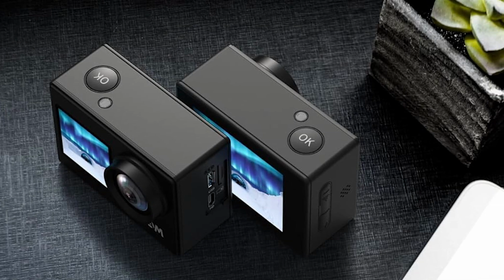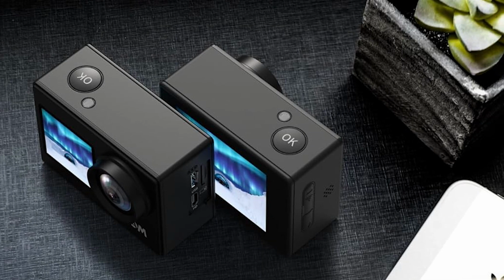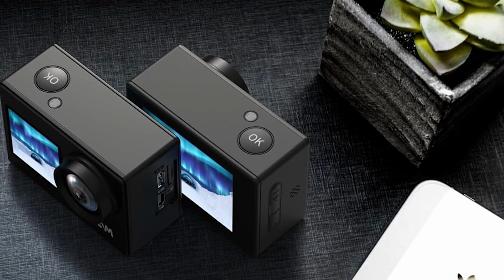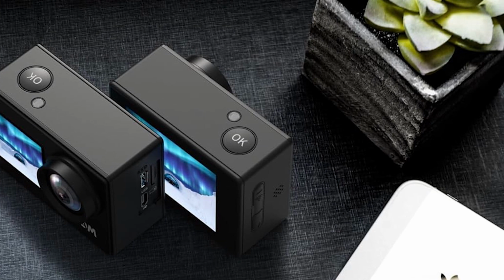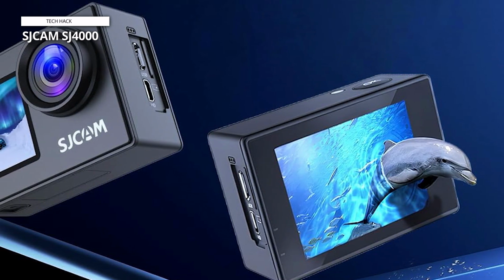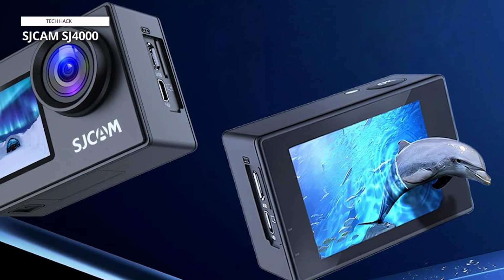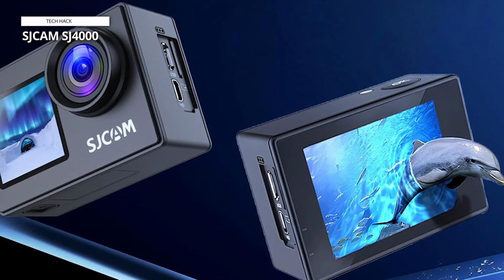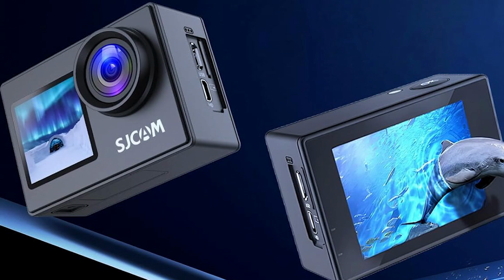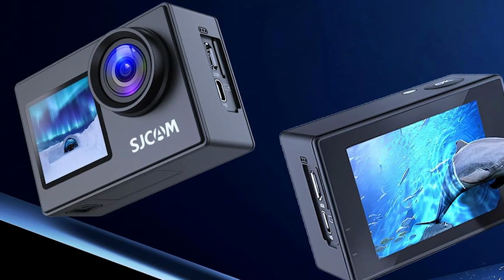Perfect for water sports like swimming, surfing, diving, snorkeling, and more. The camera supports professional video resolutions including 4K 30 FPS, 2.7K 30 FPS, 1080p 60 FPS, 30 FPS, and 720p 120 FPS. It captures 16 MP images with a 170-degree super wide-angle lens, ensuring detailed and immersive footage of life's